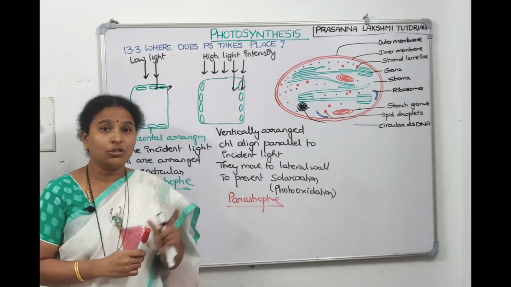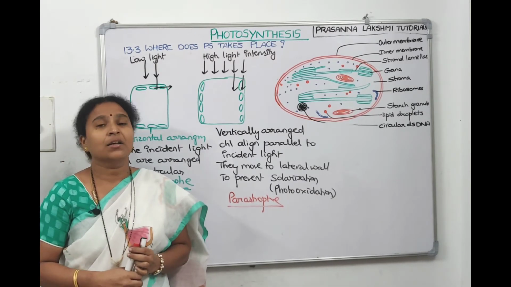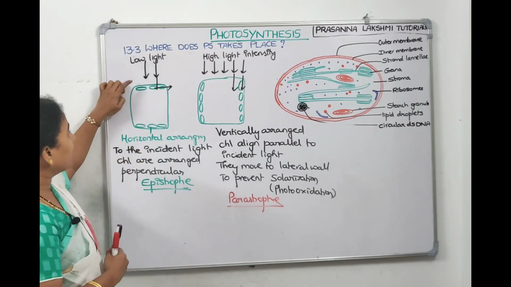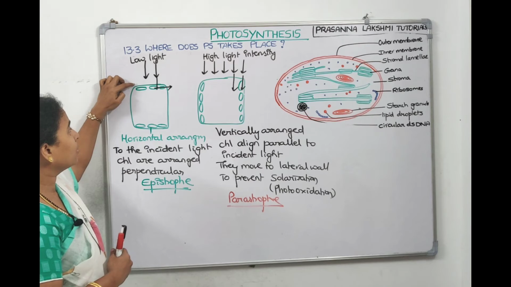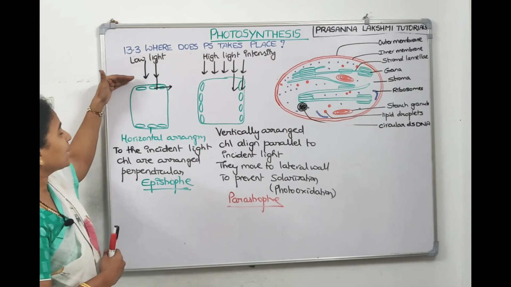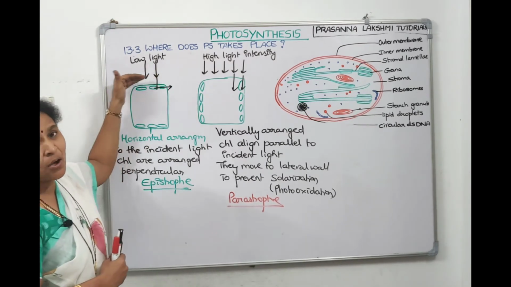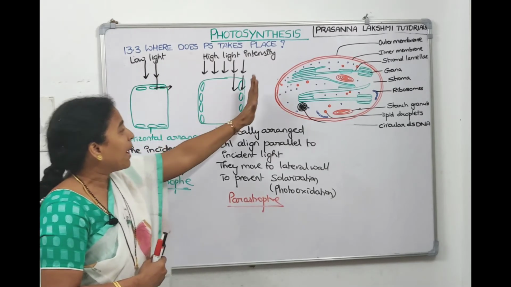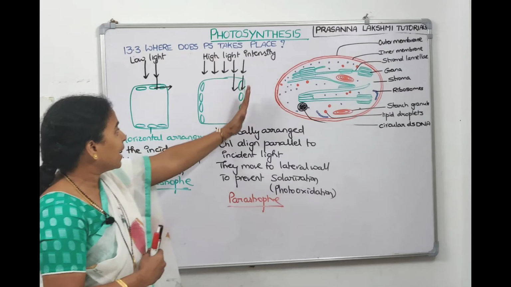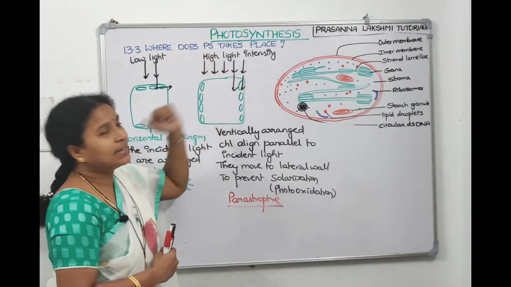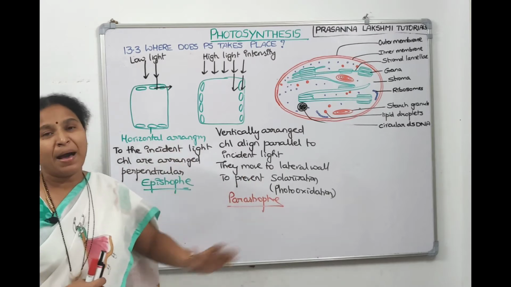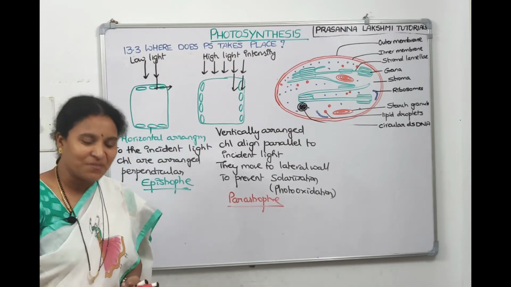NCERT have asked us a question, and this is the explanation for that. To trap the sunlight at low light intensities, they will be parallel to these walls. We tell these walls are horizontal walls and they are horizontally arranged. Whereas at high light intensities, they are parallel to the lateral walls and they are longitudinal. They are parallel to the light intensity also. This condition is called epistrophe condition. This condition is called parastrophe condition. Take a screenshot. We will continue.